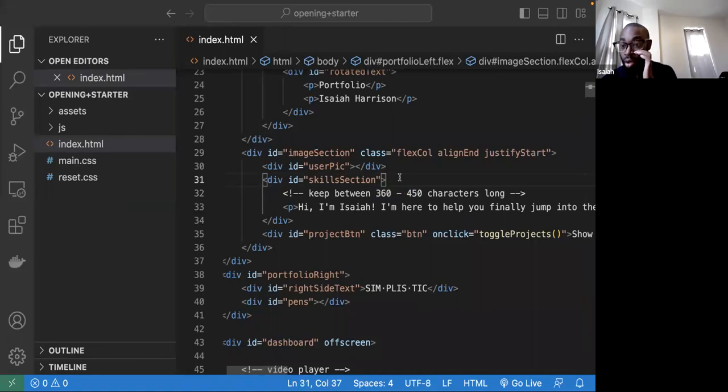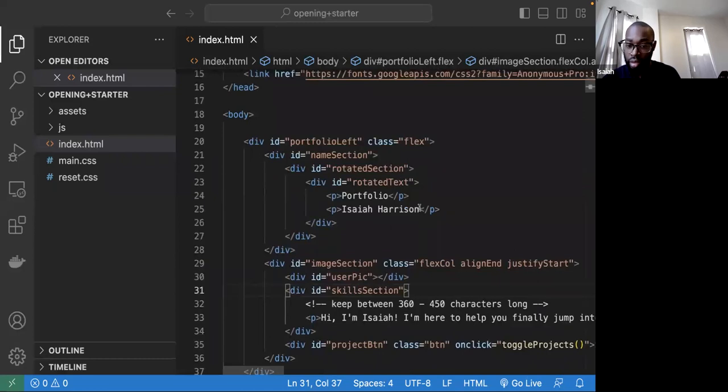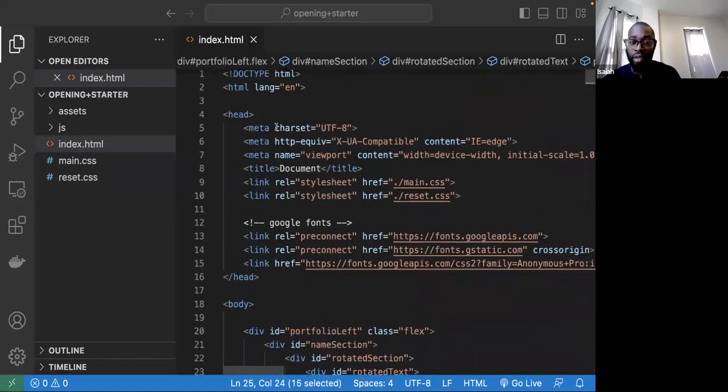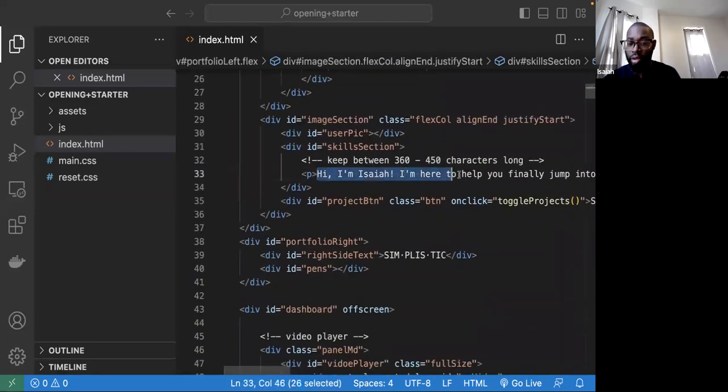Basically, I just wanted to show y'all where you would replace some of that stuff. This is where you would replace your name. That's line 25 here. If you literally open up the HTML file, it's the very first div. So you replace your name here, and you replace the description of yourself here on line 33. Let me write that in the chat. So line 25 for name and